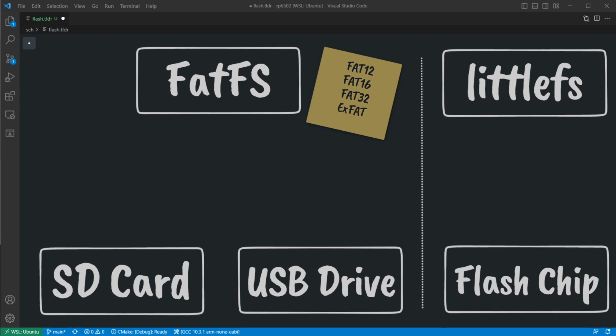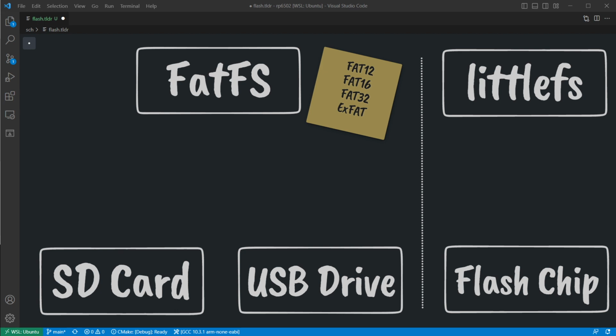So what's the divide here? Why did I need two file systems for one project? Well, I wanted to keep configuration settings on the same flash chip that the microcontroller uses. I could have just made a FAT file system directly on the flash chip. That would work for a while, but there's no wear leveling with FAT.